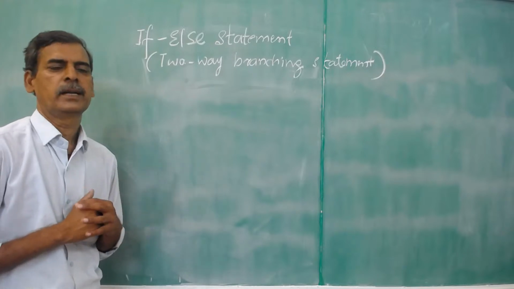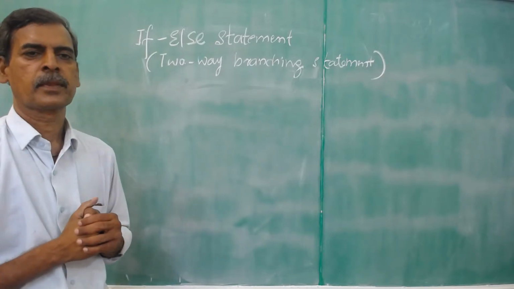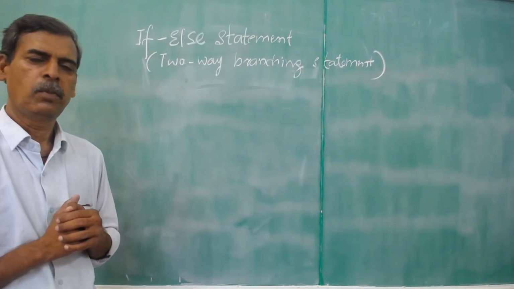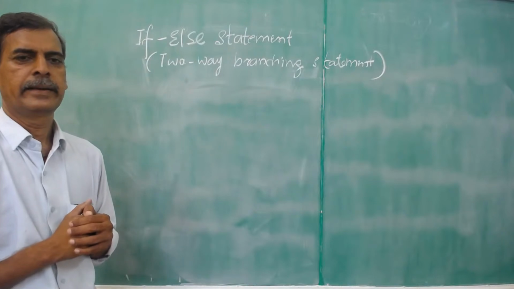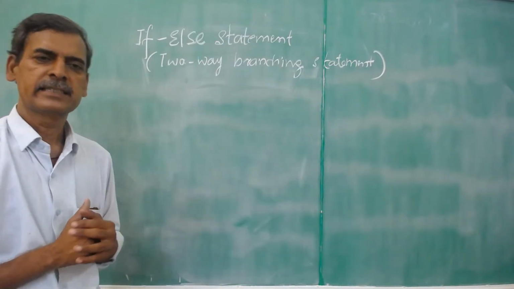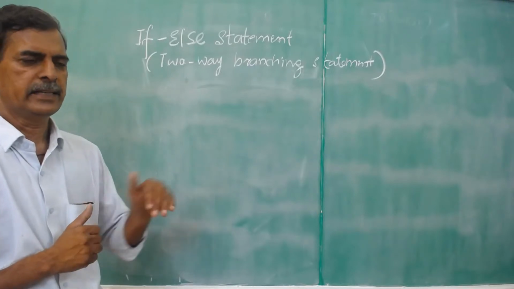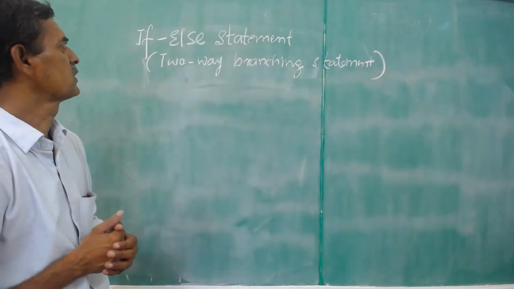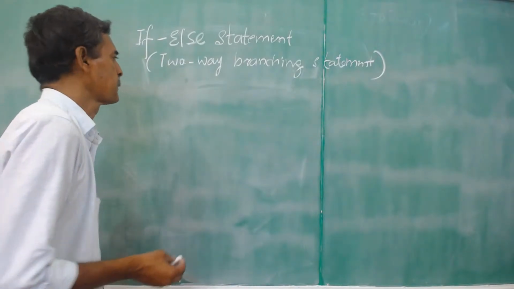Here also, it checks the test condition. If test condition is true, then statements in the block 1 are executed. If test condition is false, then statements in the second block are executed. That is, alternate block is executed. The syntax for this if-else statement is